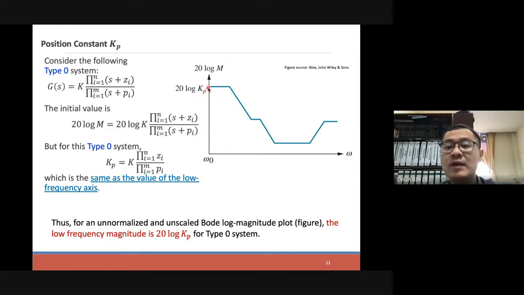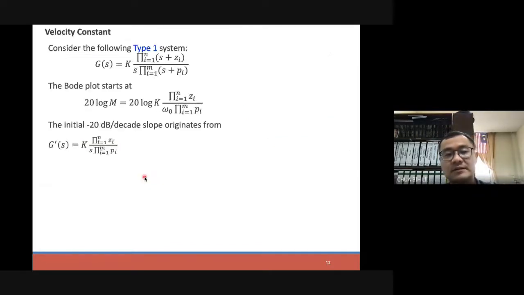Okay, meaning to say when you plot the Bode plot, without any normalizations, this particular value actually is the value of your Kp. Okay, that is the value of the Kp itself. Right, for a type 1 system,